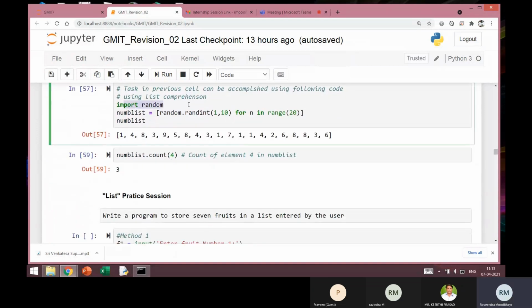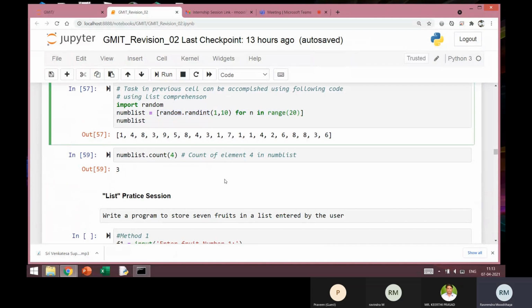So I import random. numList is going to be a list. Recall that I've written some statement here, but that statement is enclosed with square brackets. Inside this, random.randint(1, 10) is the random number generated, and this generation has to take place 20 times as indicated here.